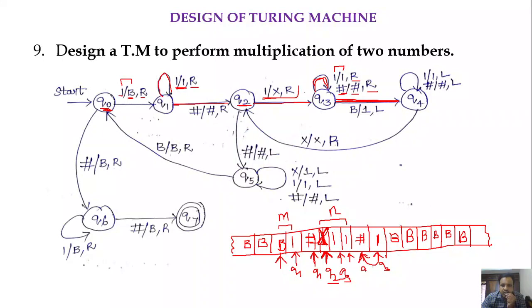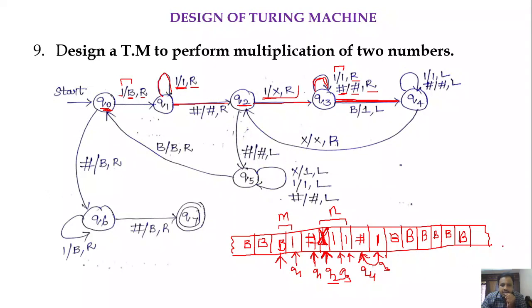So in Q4, if we get any ones or hash, we have to keep them as they are and we will be in the same state. We still have to move the head towards left, until we find an X. Once we find an X, if we move the head towards right, it will give the next symbol which is to be copied in the blank position.